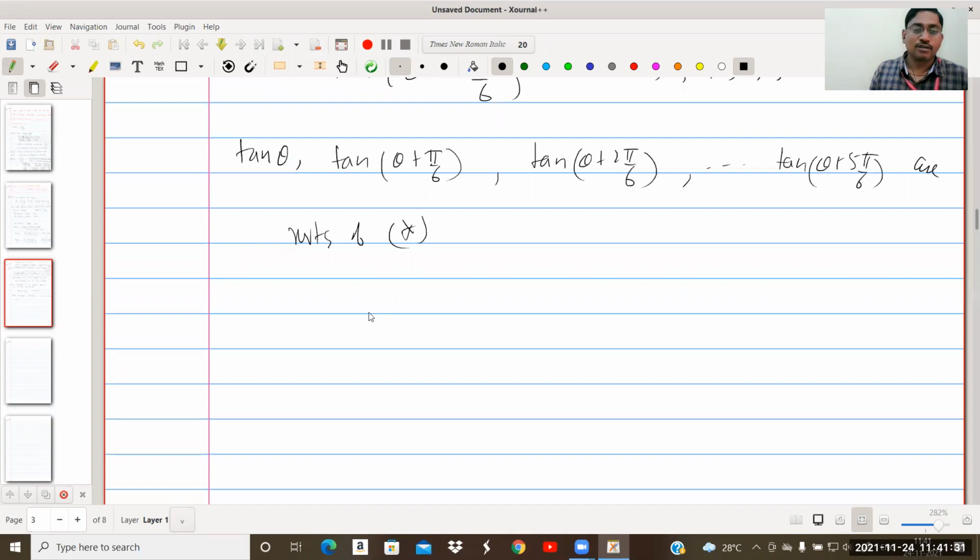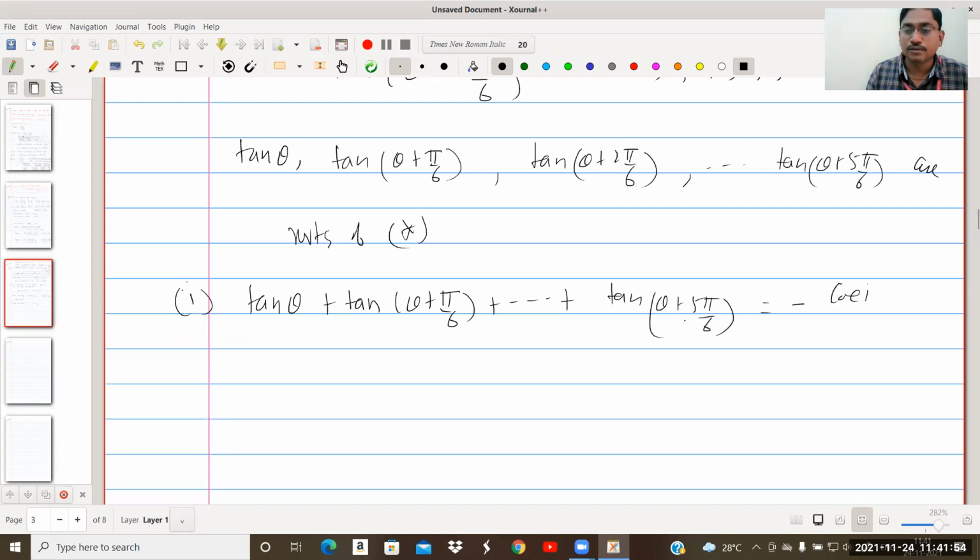Okay, now I can call one from here instead of above. What I want is to add all these roots, so sum up all roots. We know the formula, and if you don't know, keep this formula in mind. So this is minus coefficient of t raised to 5 divided by, in the theory of equations, the coefficient of t raised to 6.